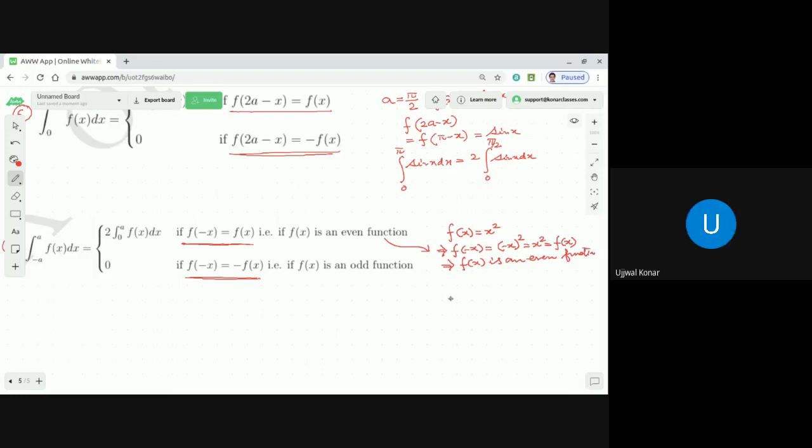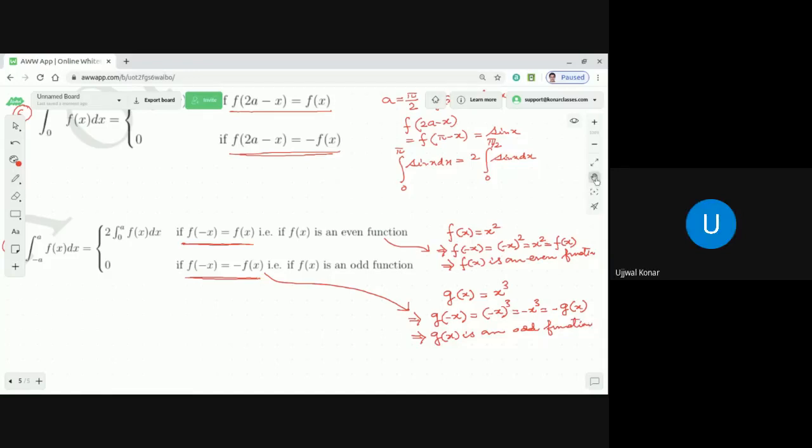Yes. Now let's take another function g(x). Let me give you another example, of an odd function. Suppose it is x cube. So this implies, what is g(-x)? It is nothing but (-x) whole cube. Correct or not, dear students? Yes. So that is equal to minus x cube, which is minus g(x). So we apply this concept here. This implies g(x) is an odd function. Clear or not clear? Yes.